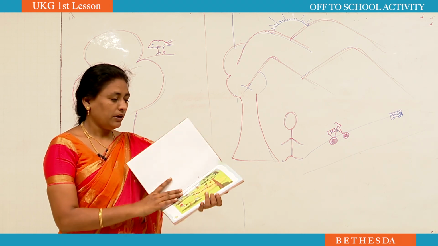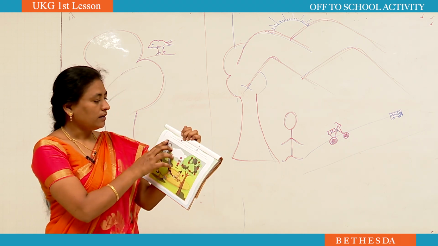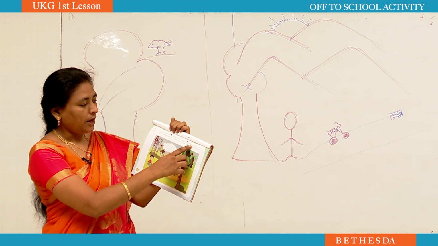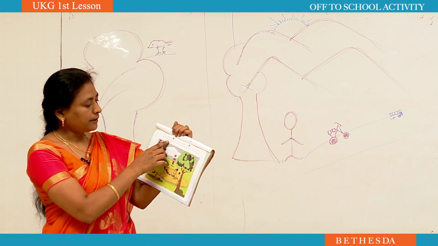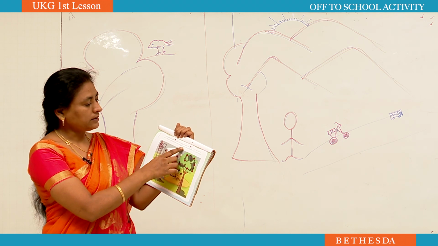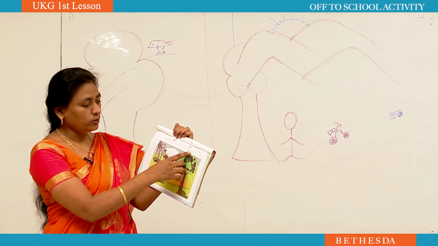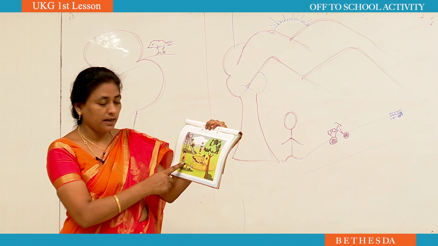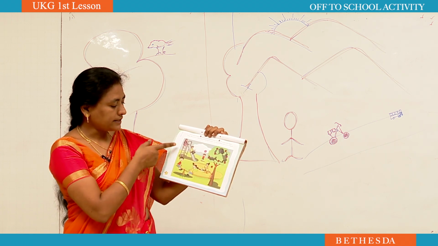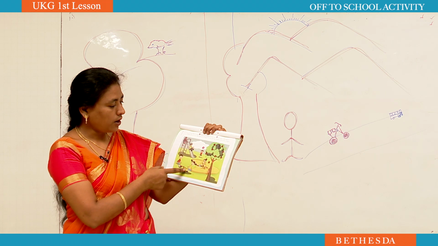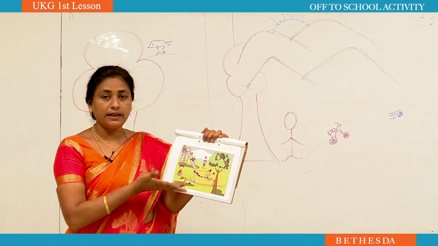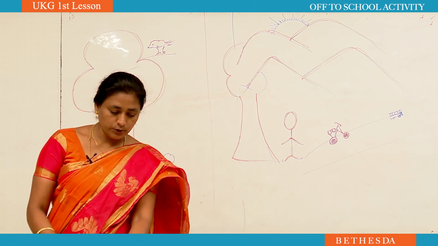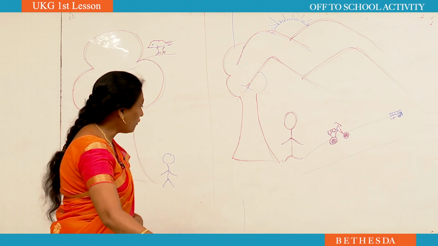textbook. You have some activity here. Circle the picture that shows someone moving up with a red crayon. Circle the picture that shows something or someone moving down with a blue crayon. You can see in this picture a playground, the slide going up and down, and the trees, and they are playing in the playground. Before going to this activity, I want to show you some pictures. Come on, all of you, look at the board, Nana.